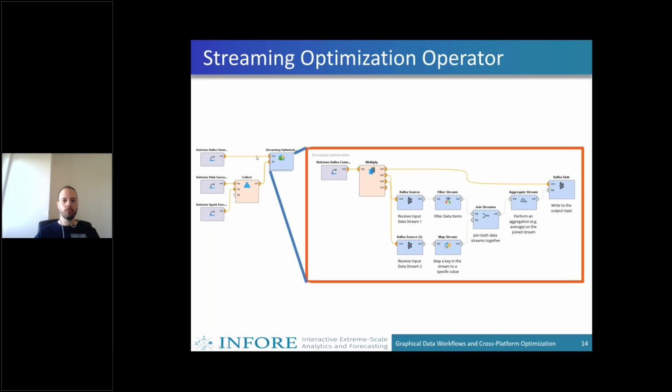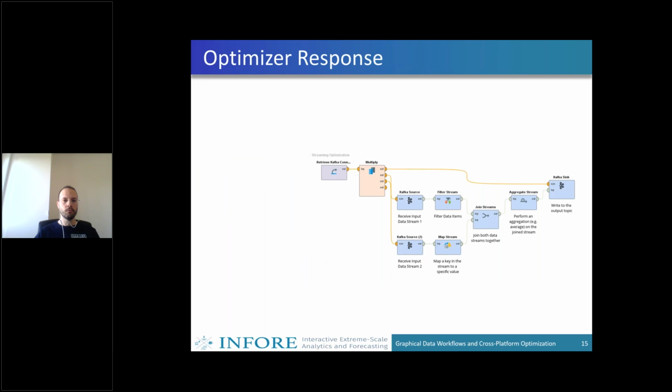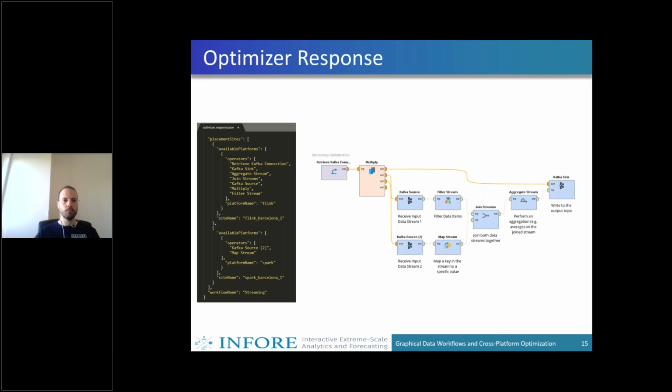As you see here, we have a file layout as before, but with small changes. For example, here we now have the streaming optimization. I have to rush a bit because time is running short already. And we define different backends. Now we have a Flink execution backend and a Spark execution backend. This layout is then sent over to the optimizer, and the optimizer gives us a response. It says, okay, put these execution tasks on the Flink platform and these operations on the Spark platform. And with that,